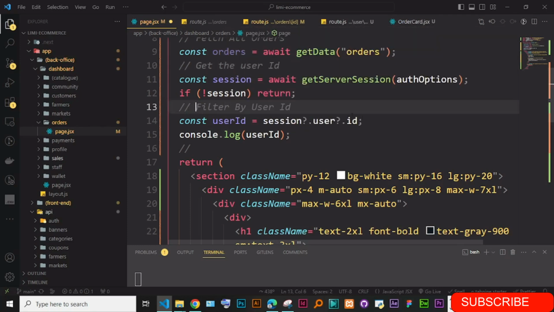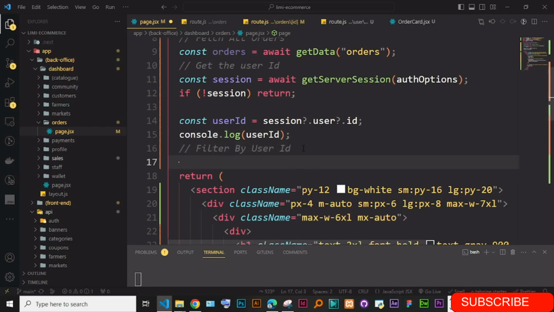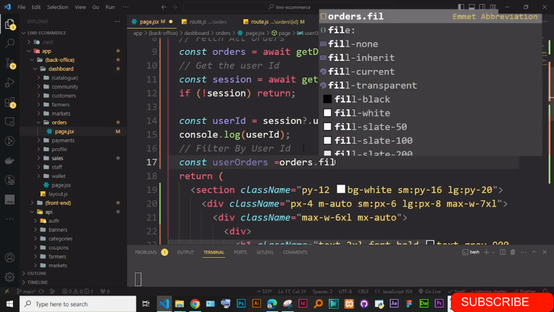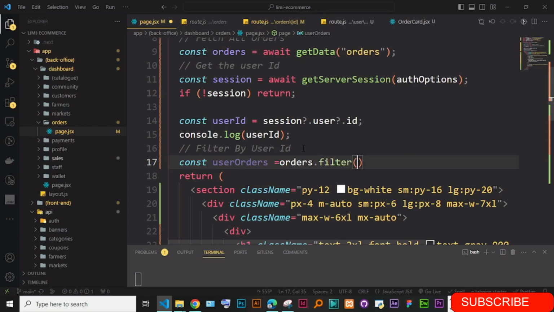Let me move this down here, and I'm just going to say const userOrders is equal to orders.filter. So I'm just going to use a filter,